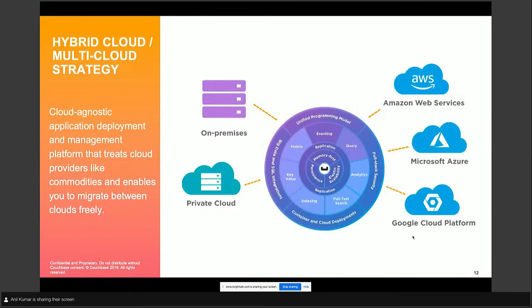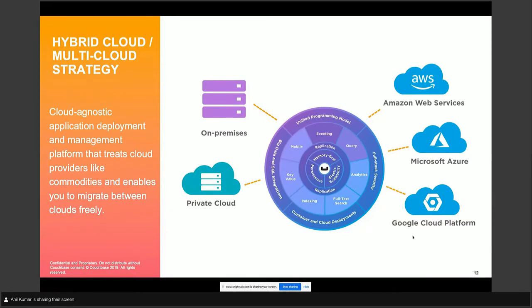If you're adopting a hybrid cloud or multi-cloud strategy, you want to be agnostic to the infrastructure. If you want to build it once and deploy it anywhere, then running Couchbase on containers and Kubernetes completely makes sense, because you can go from one infrastructure to another with zero chance of misconfiguration, because that's exactly what Kubernetes provides you.